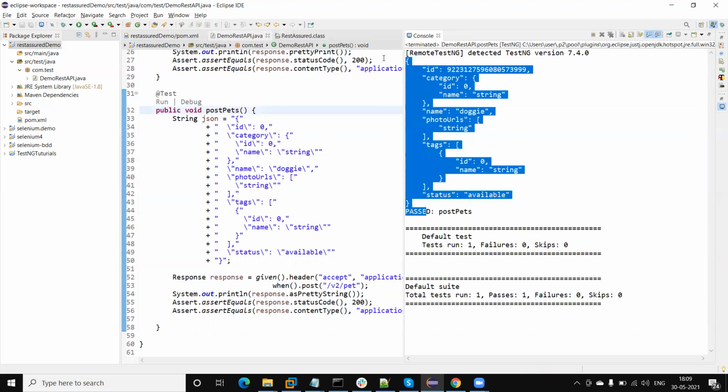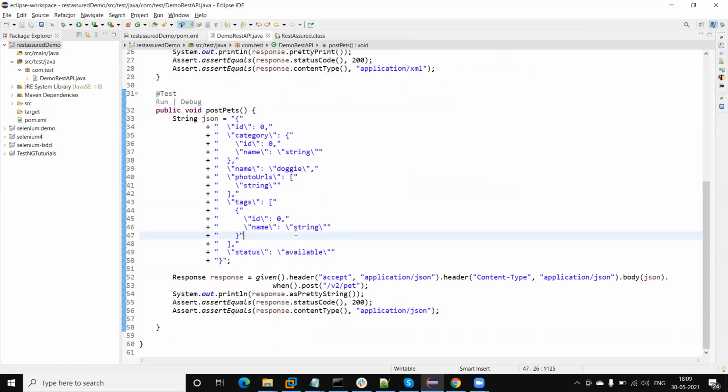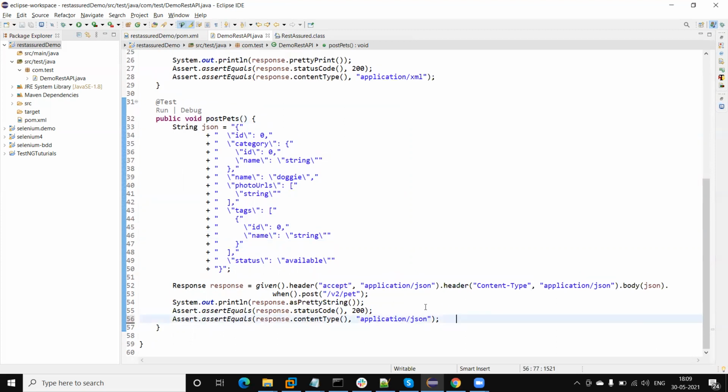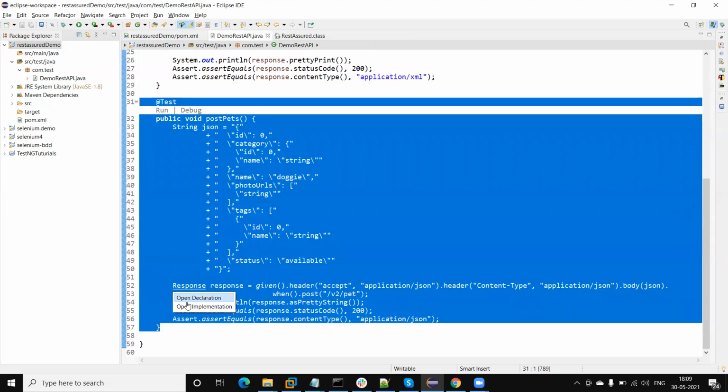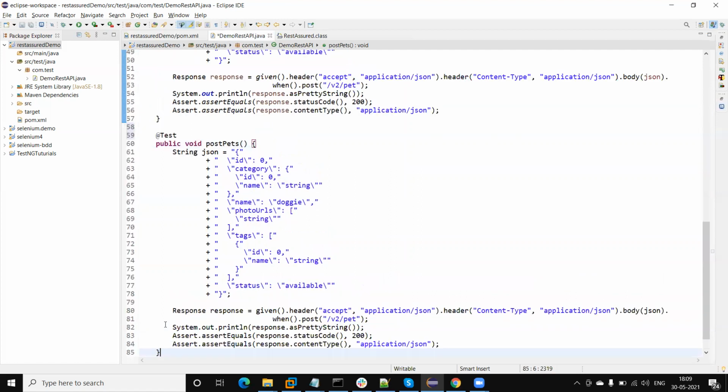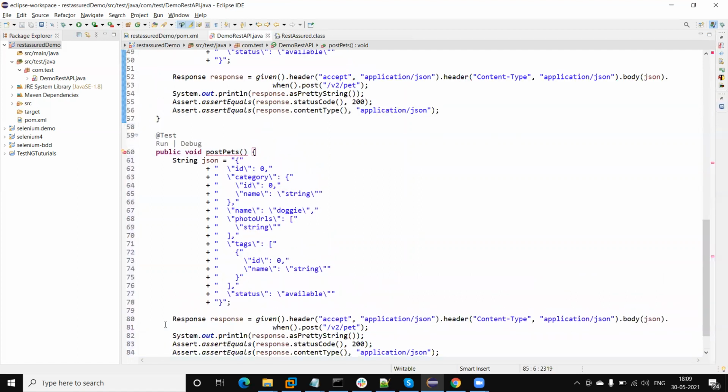Yes, getting response. Okay, so now next we can also automate the other types of methods, like I am going to use the put method. Let me copy this complete method because most of the part will be the same.